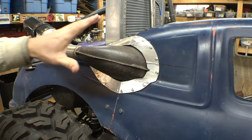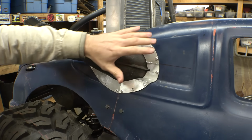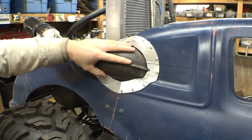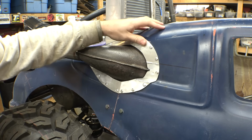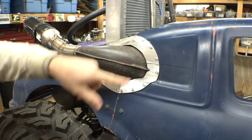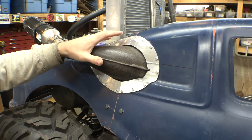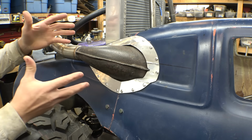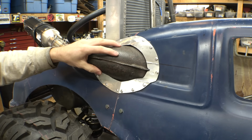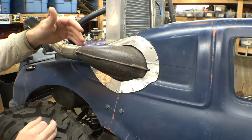Yeah, this was kind of challenging, trying to get this aluminum to perfectly fit flush with the fiberglass. The reason I do this is you don't want to have a hot expansion chamber right next to fiberglass, so I had to cut a 1-inch gap all the way around this fiberglass, so hopefully the fiberglass doesn't get hot next to this expansion chamber. But I don't want visually a giant gaping hole in this fiberglass with this expansion chamber sticking out, so I just put this aluminum cover over it to kind of make it look